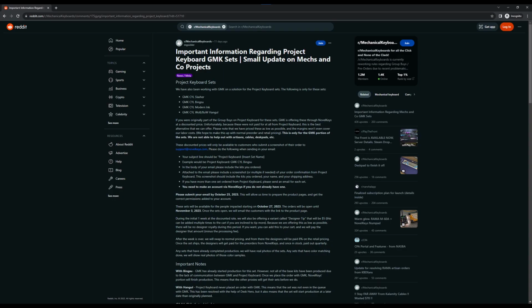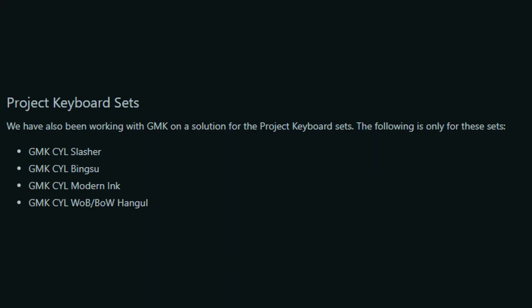Hi! This news comes a little late since it was announced when I had already posted the last episode. However, I wanted to highlight that Novel Keys is coming in clutch yet again with the Project Keyboard GMK sets. So if you're a participant of GMK Slasher, GMK Bingsu, GMK Modern Ink, or GMK White on Black, Black on White Hangul, and you would like to accept the offer, please make sure to send in the email by October 25th. Anyways, without further ado,